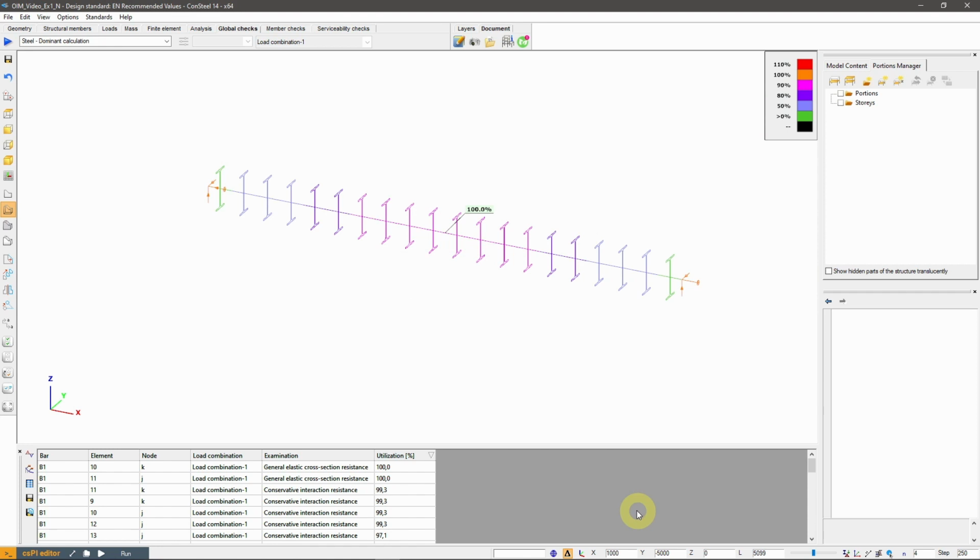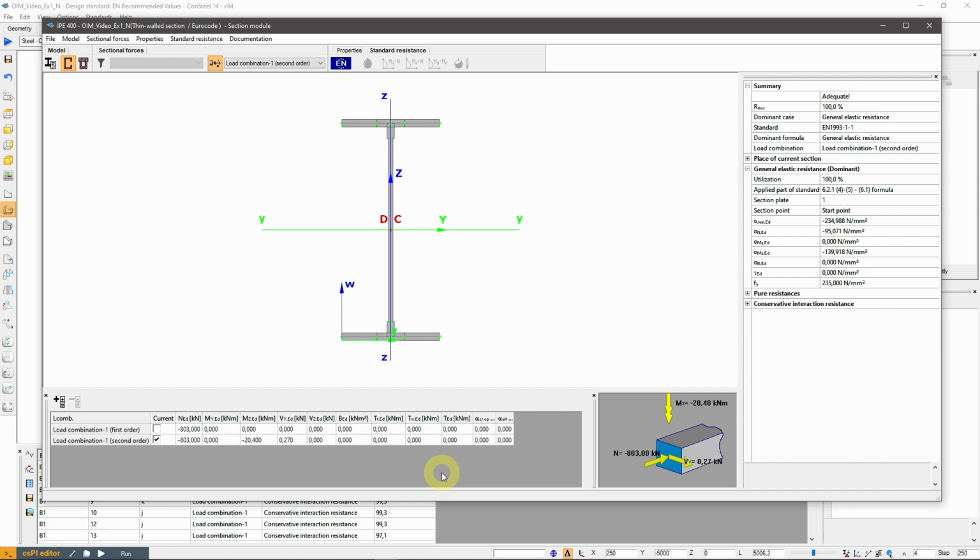We get the same 100% utilization, however this time there are additional internal forces in the second-order results. These additional forces are how we consider the buckling phenomena with the imperfection method.